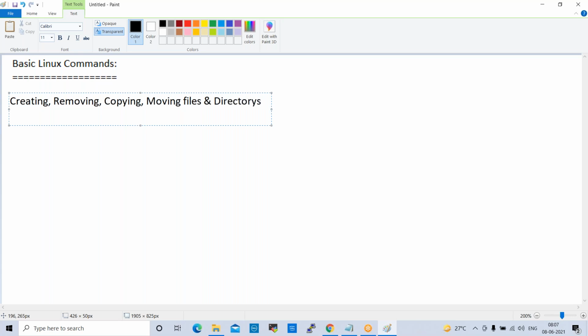So these are the first set of commands. Now we work on these commands.